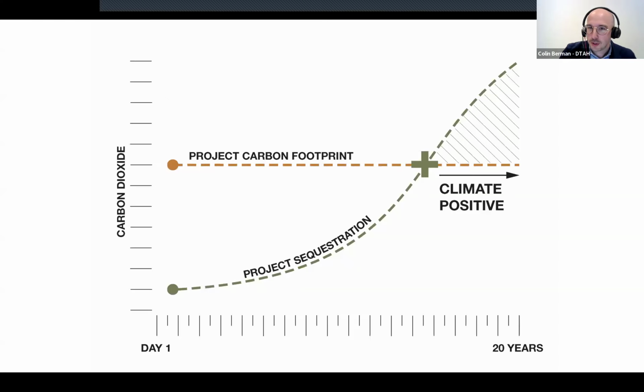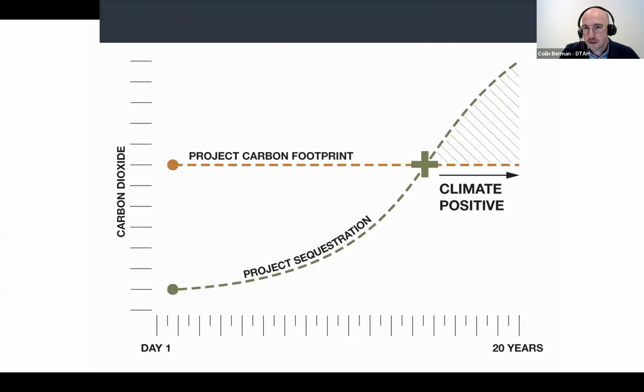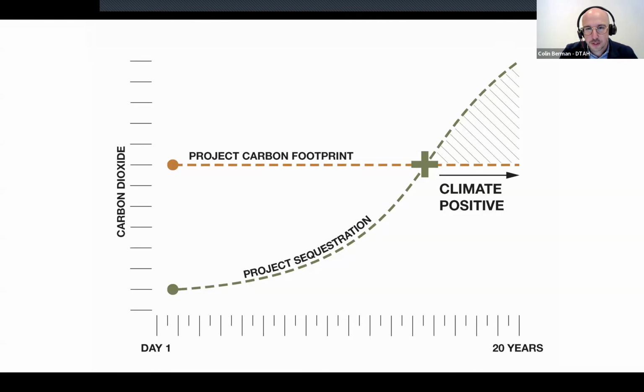Our primary goal in applying a carbon lens to our work is to reduce the number of years it takes for the plants on a project to sequester the same amount of carbon that was used to build the place, or what we call a return to positive calculation. This is an easily understood idea. The less carbon we use on a project, the faster we can bring it back to carbon neutrality through sequestration.